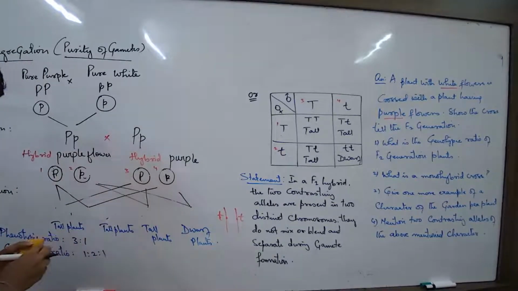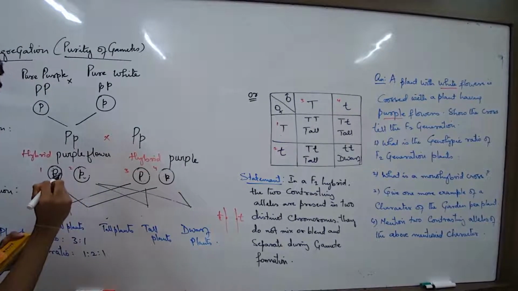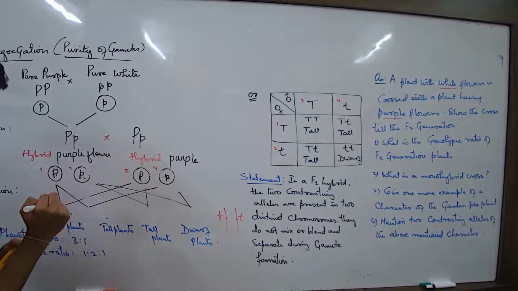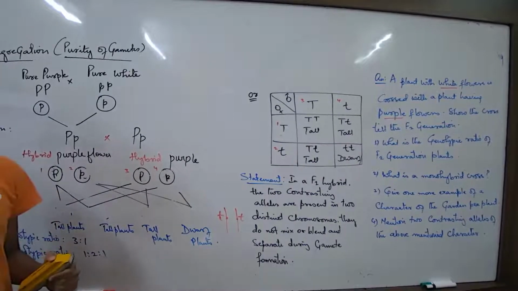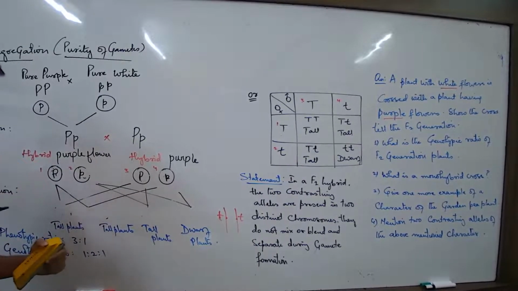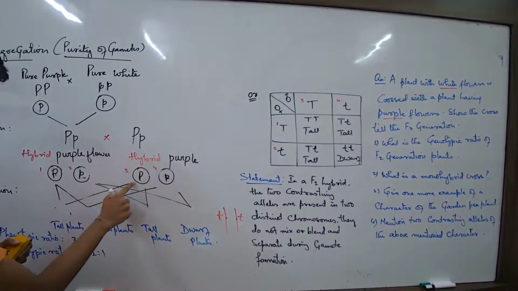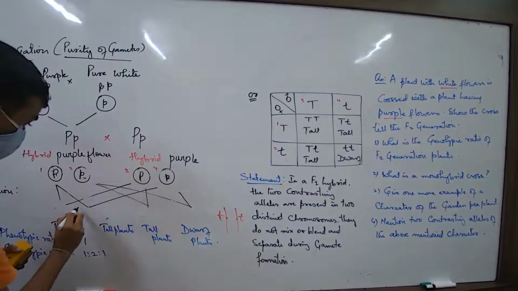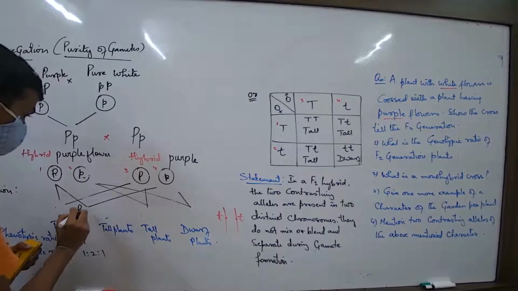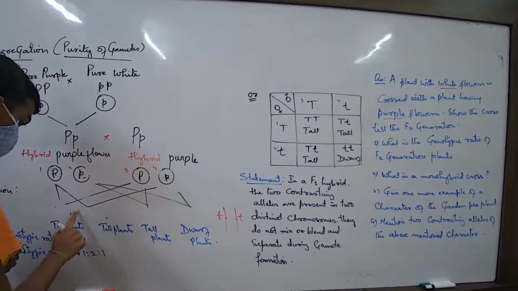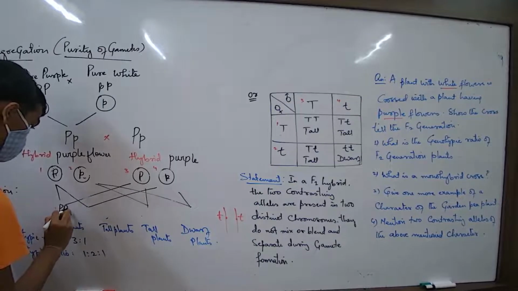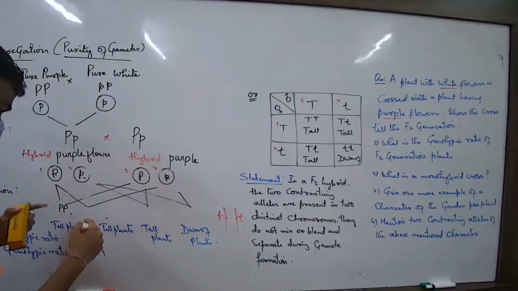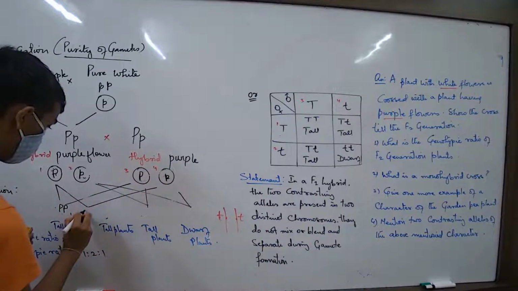Now what will be the combination? 1 and 3. If one gamete number 1 and gamete number 3 undergoes fertilization, then what will be the genotype? Capital P and small p. नहीं, देखो 1 and 3 कौन सा है gamete 1 and 3? हाँ, तो क्या लिखना है अभी? Capital P and capital. Very good, लिखो। नहीं, position correct लिखो, नहीं तो you will be confused. हाँ, 1 and 4 अगर हो रहा है तो क्या लिखेंगे? कैपिटल P स्मॉल p। वेरी गुड। पहले तुम जेनोटाइप खत्म करो, उसके बाद फेनोटाइप लिखना।